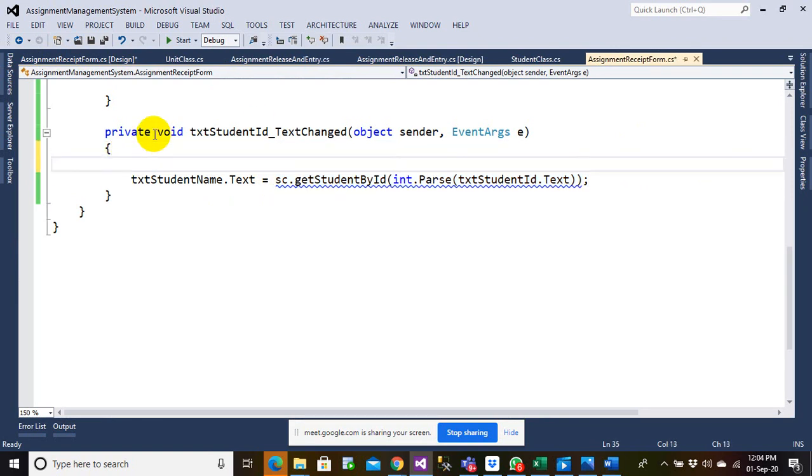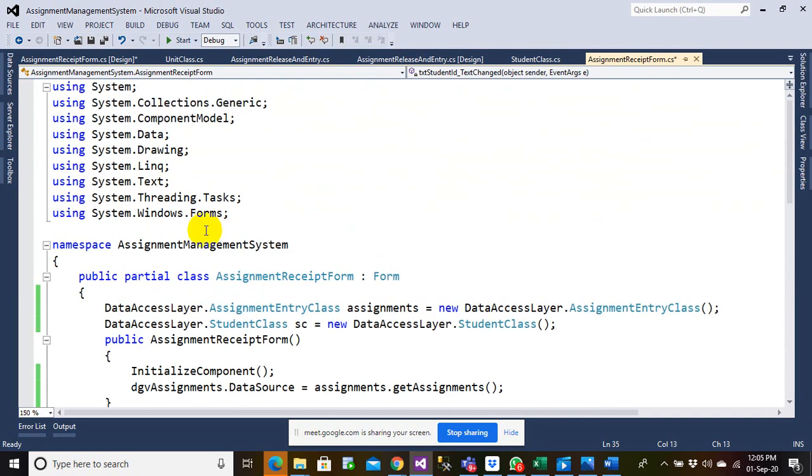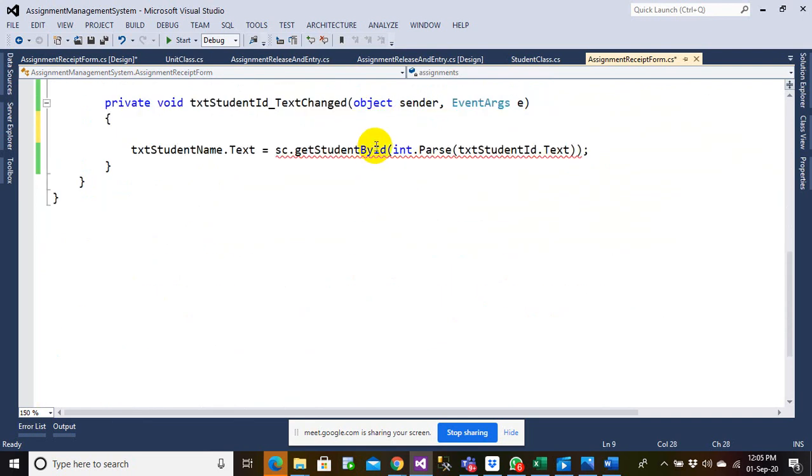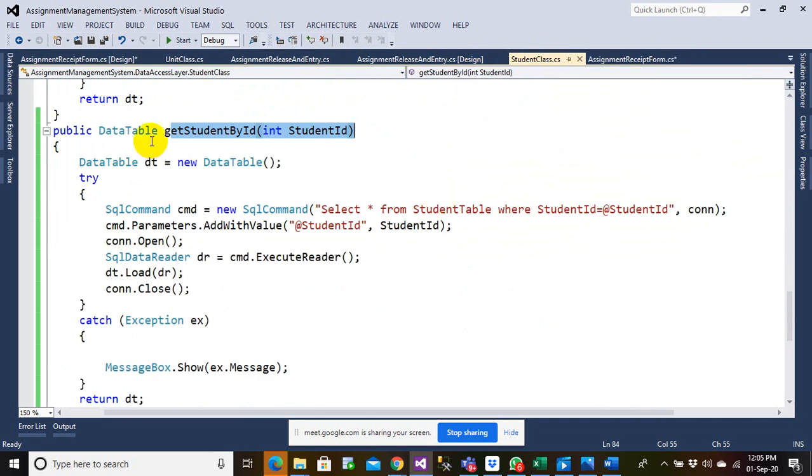Let me have a data table. We are having this error because under the student class this is returning a data table, but I want only a student. So let me just change it.